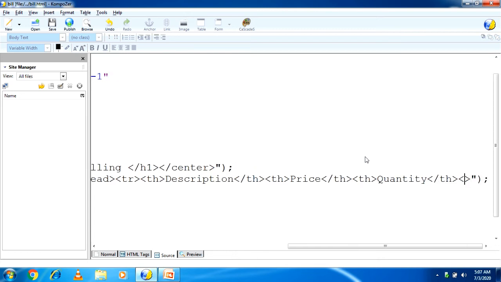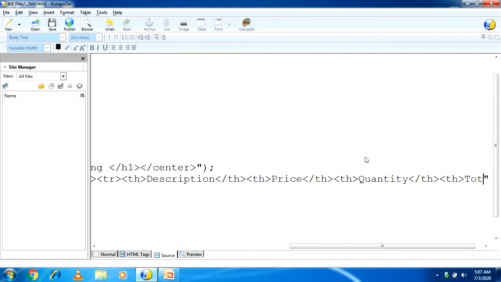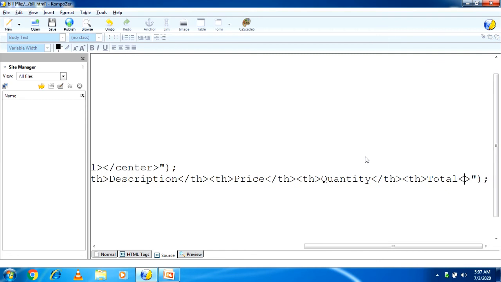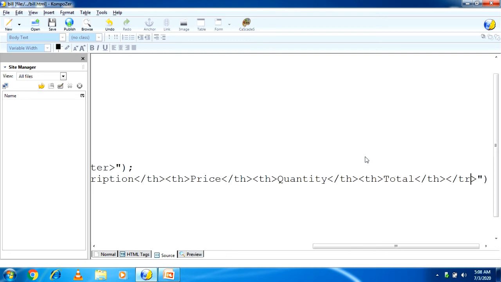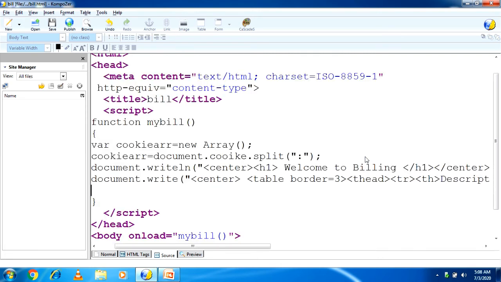After that, the next heading is TH total, TH tag close. After that, TR tag close. After that, the heading tag close, that is thead. But I have not closed the table yet because I have to use tbody.